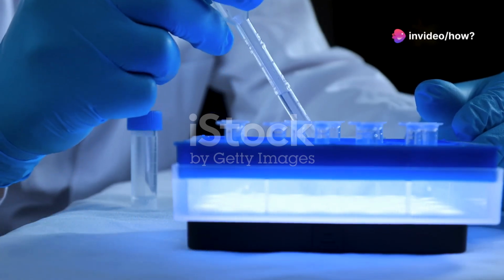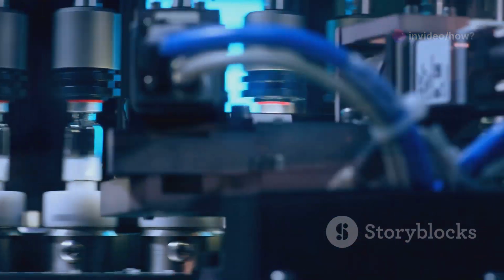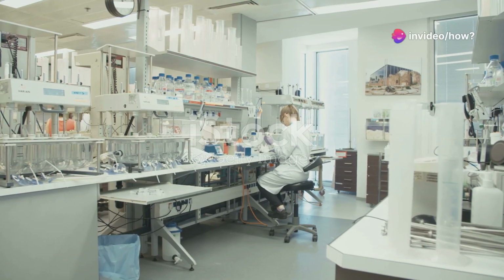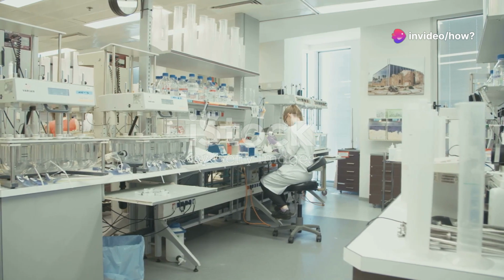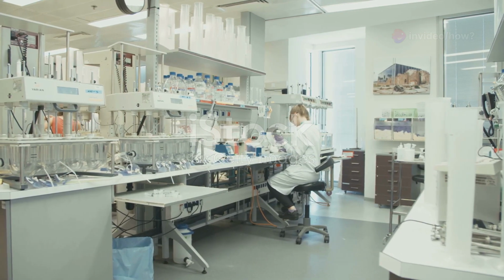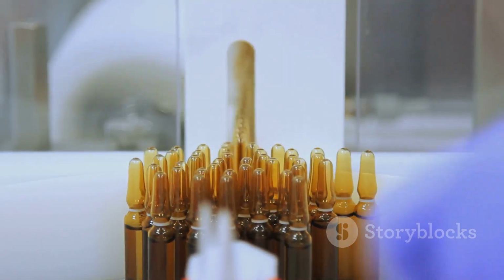Imagine a world without antibiotics, vaccines, or pain relievers. It's a world we thankfully left behind thanks to the miracle of modern medicine and the intricate process of pharmaceutical manufacturing. These life-saving drugs, products of years of research and rigorous testing, have become essential tools in our fight against disease and suffering. But have you ever stopped to wonder about the journey of a drug, from the laboratory bench